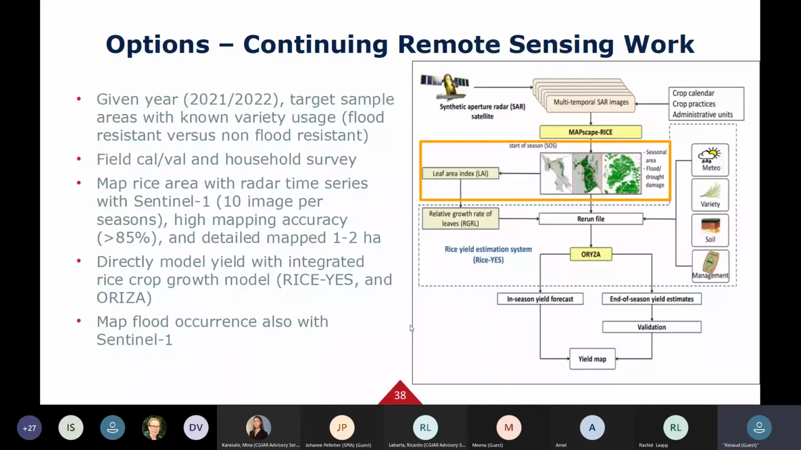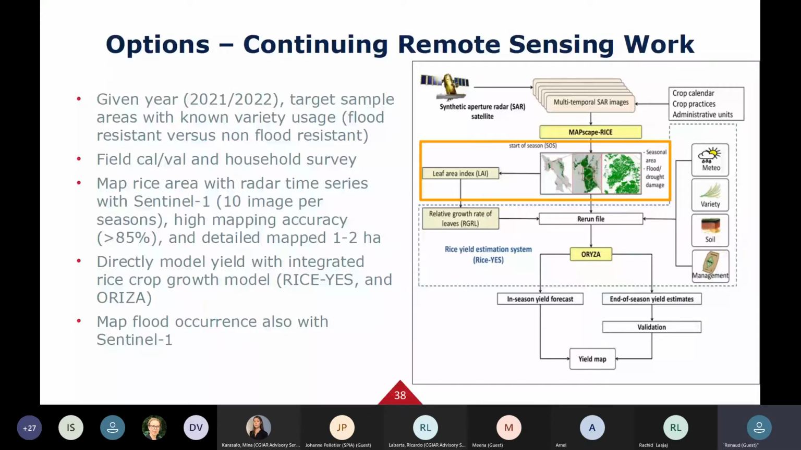Another option which could be envisaged is, instead of, or in addition to, having a pre-2010 and post-2010 analysis, to try to target a given year, 2021, 2022, where we can have access to the field, do some solid calibration and validation, also survey, and